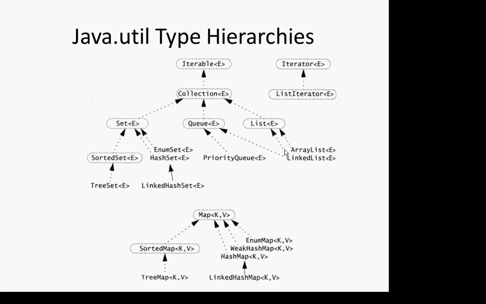Sets are termed collections, and all collections are termed iterables. Right? Similarly, queues are collections. A sorted set is not a queue, but all queues are also collections, and all lists are collections. Right? So we have these subtype hierarchies, and they're defined by their contracts, by their promises. I know with it being an iterable, I can use it in a